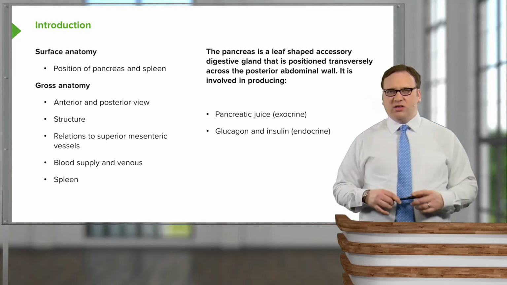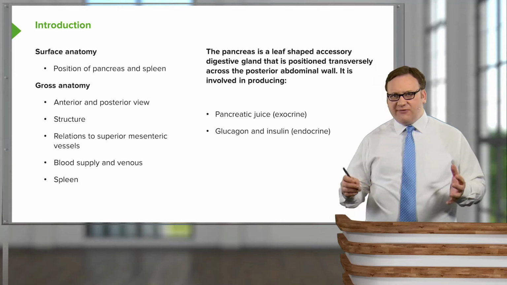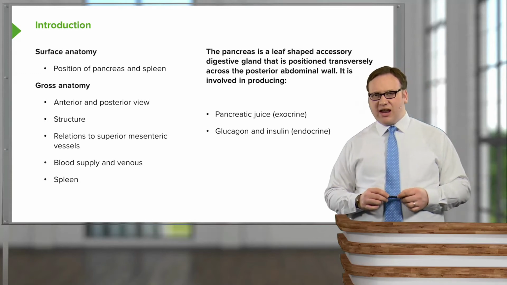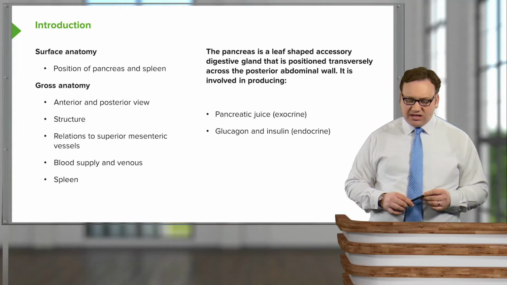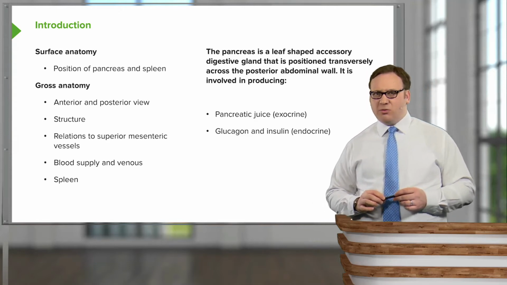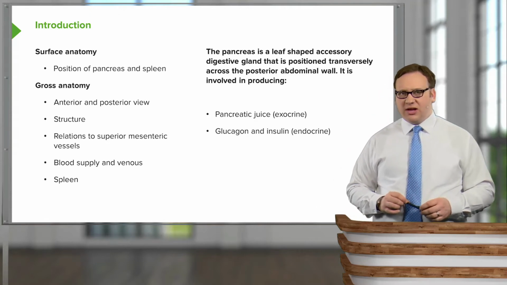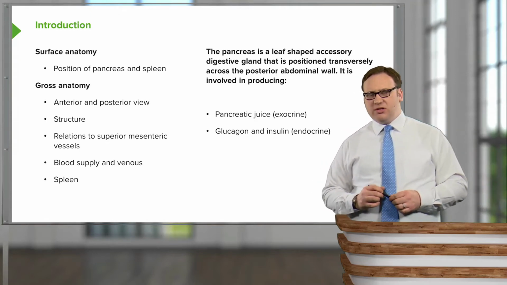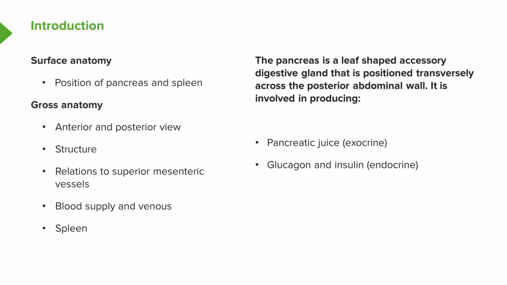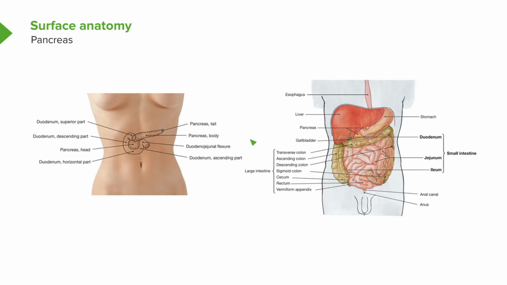But let's concentrate on the pancreas, which is this leaf-shaped accessory digestive gland that is positioned transversely across the posterior abdominal wall. Its head, as we saw previously, sits in the concavity of the C-shaped duodenum. It is involved essentially in producing pancreatic juice, which is its exocrine function, and producing glucagon and insulin, which is its endocrine function. So if we look at the surface anatomy, then here on the torso we can see we